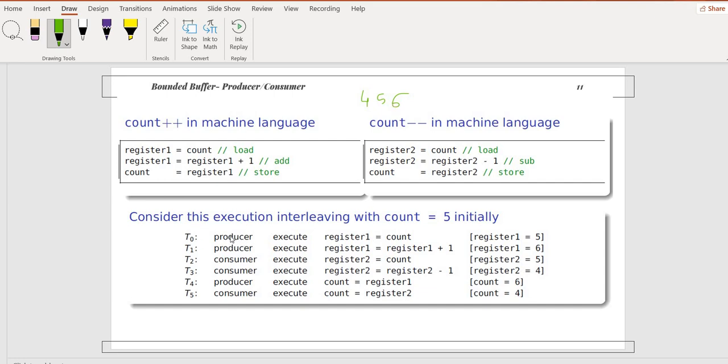Okay, suppose at T0 the producer thread executed the first statement, which is register 1 is equal to count, and therefore register 1 is going to have the value 5. And then at T1 it continued to execute the second line, and therefore the value it has now is 6. But it wasn't allowed to store this in count, so count is still 5, before its work was cut off by